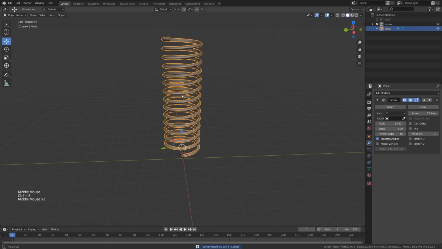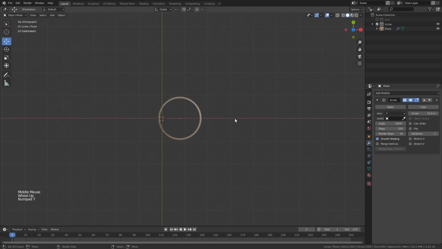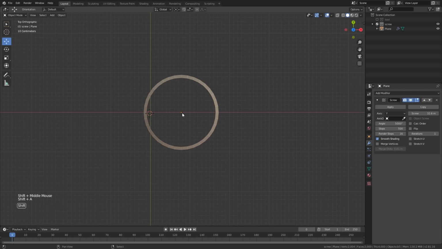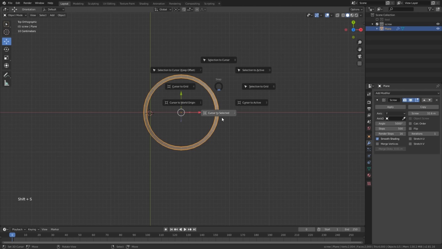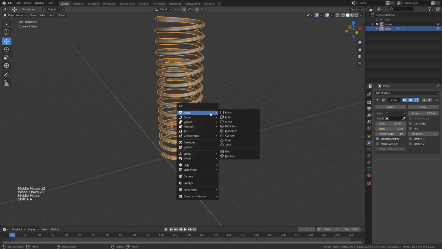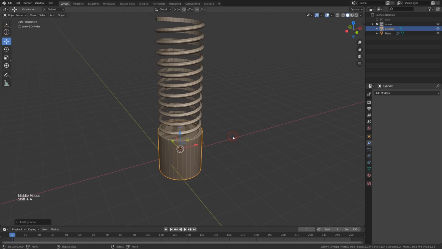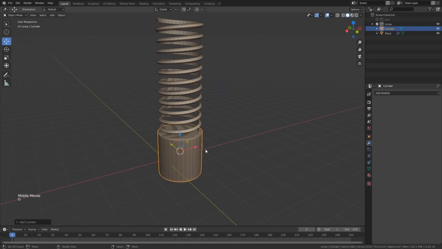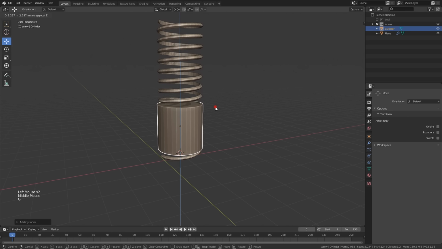I'm on this screw modifier. Now I'll bring one cylinder over here. Before that, I'll press Shift S to bring my cursor to selected. Now my cursor is in the middle of this object. Now if I create one cylinder, it's going to be right in the middle. I'll disable the pivot, the origin modification from here,